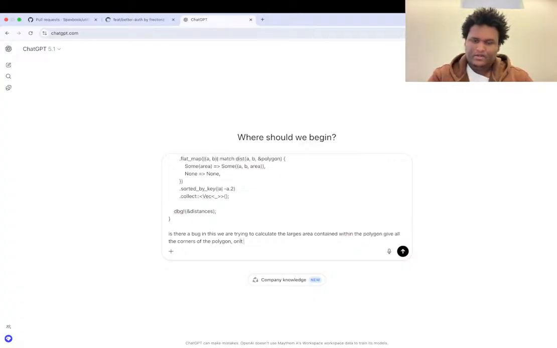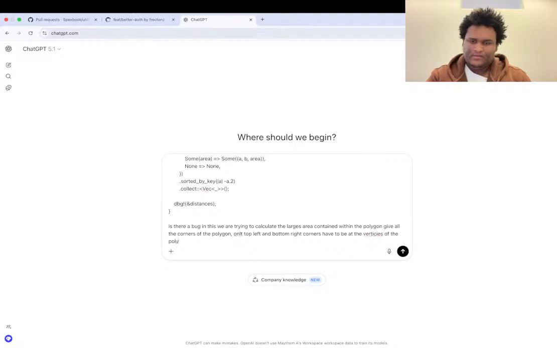Only the top left and bottom right corners have to be at the vertices of the polygon, but all the corners of the rectangle